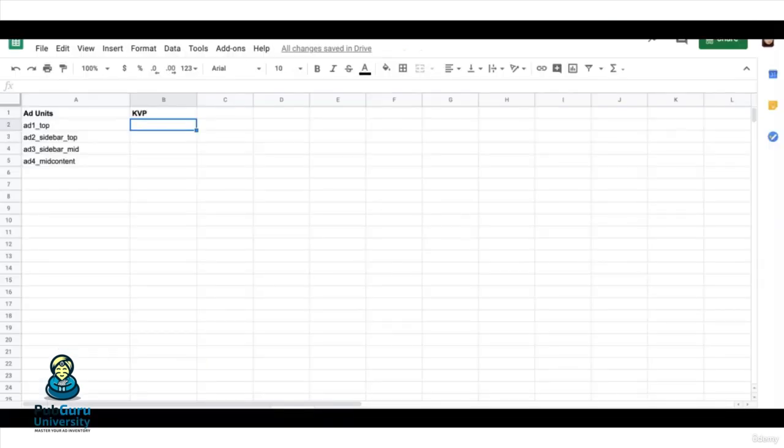The other option is if you don't want to create too many ad units, but you need a granular reporting, is using KVPs, or key value pairs. For example, you create a single set of ad units that will be run of site, and if you need a report to see the performance by category or section of your site, you create a KVP for that. So let's say you're going to have,